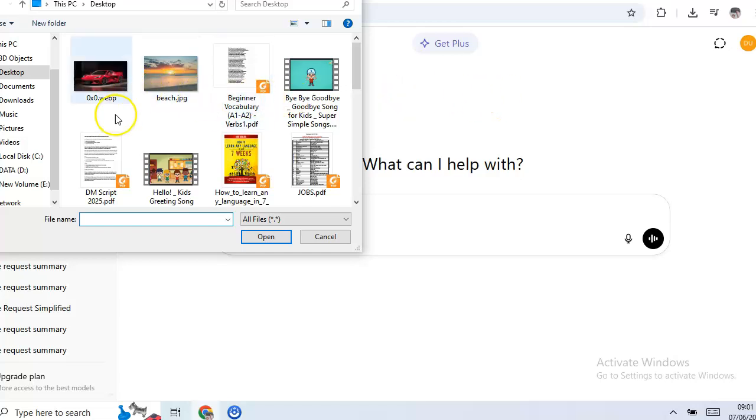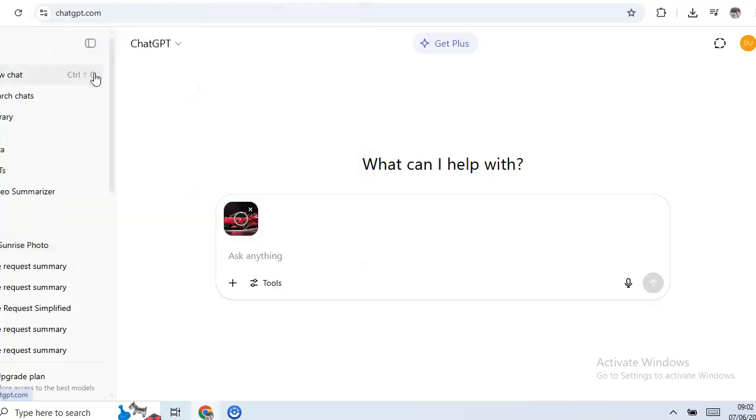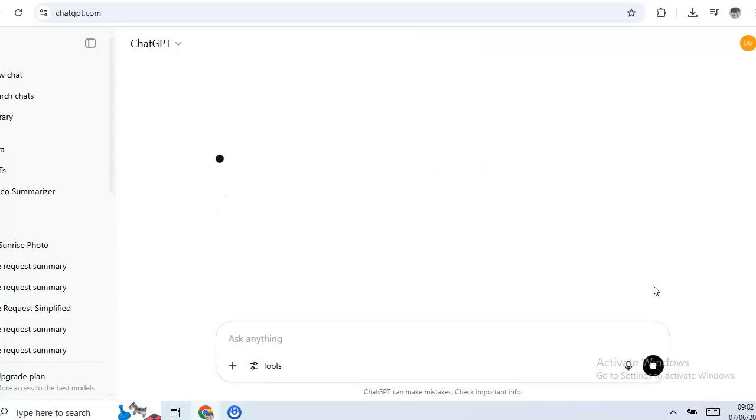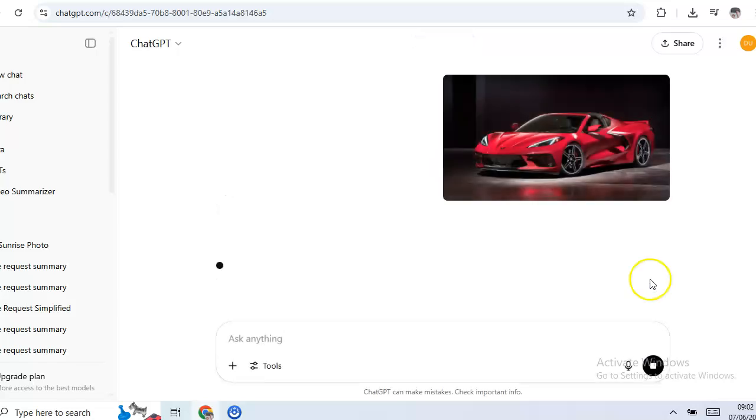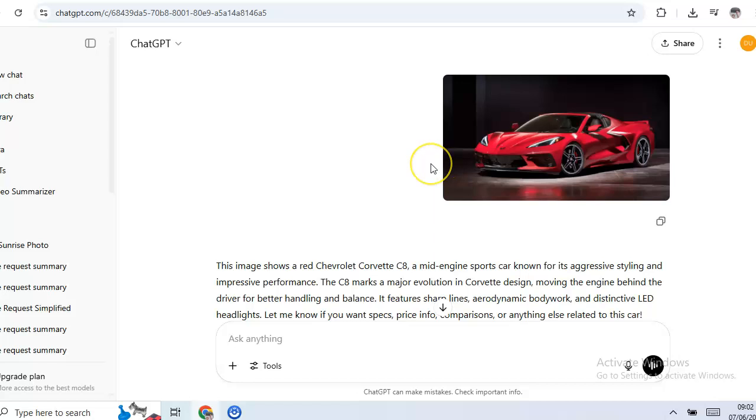After that, just select the images you want to upload. Okay, for example this one, just double click and just wait a few seconds until it downloads. Okay, now it's done. After that, click the send icon. Yeah, it's done. This is what you need to do if you want to know how to upload images to